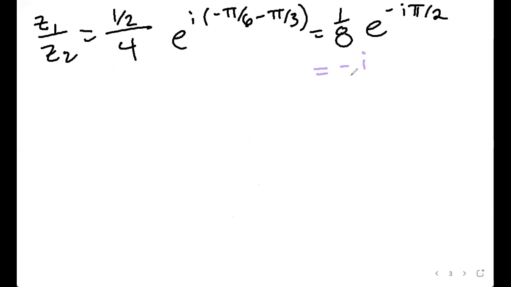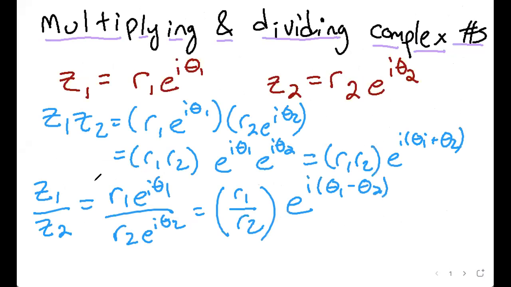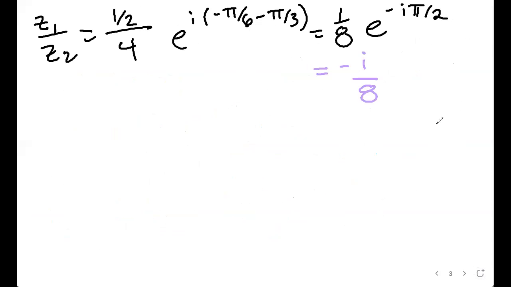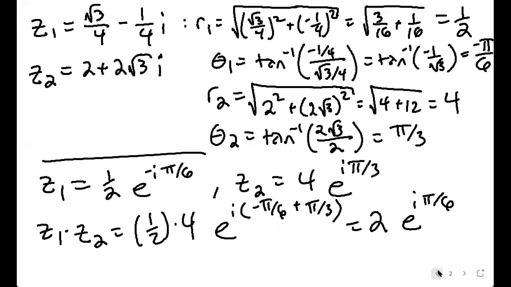So this answer here is just negative I over 8. And I would suggest it is maybe worthwhile to go home and check for yourself that if you do straightforward division, Z1 divided by Z2, by the methods in the last video set, you also get negative I over 8. For this one, 2 e to the I pi over 6, this ends up being 2 times